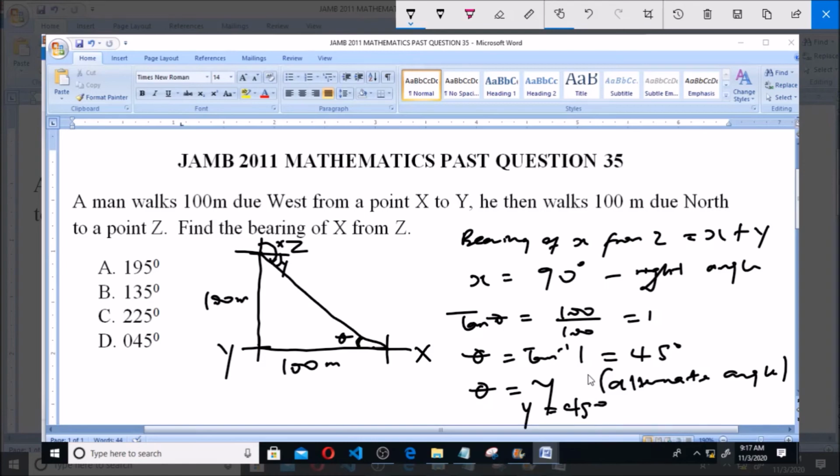Now since Y is equal to 45 degrees, we can simply say that the bearing of X from Z is equal to X plus Y, which is 90 plus 45 degrees, and that is equal to 135 degrees. So the bearing of X from Z is 135 degrees, which is option